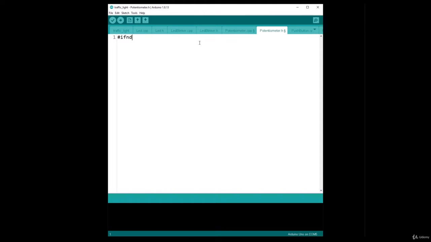So ifndef, let's say POTENTIOMETER_H, define POTENTIOMETER_H and endif, and then inside this I'm going to do class Potentiometer, add a semicolon at the end. I'm also going to add directly include Arduino.h because we are going to use the analogRead function and the byte data type, which are specific to Arduino. And now let's put private